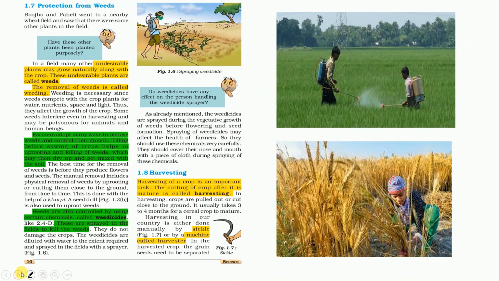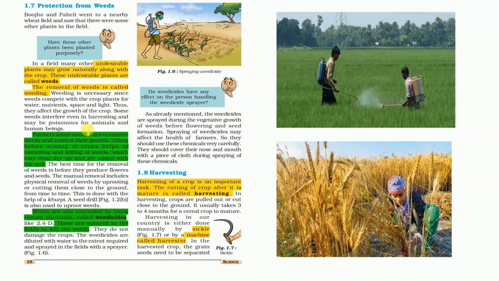Now coming towards the fifth important point, the protection from weeds and pests. So what are weeds? Weeds are undesirable plants which grow naturally along with our crops. The removal of weeds is called weeding. This is the process of removing weeds, and we remove these weeds with the help of chemicals called